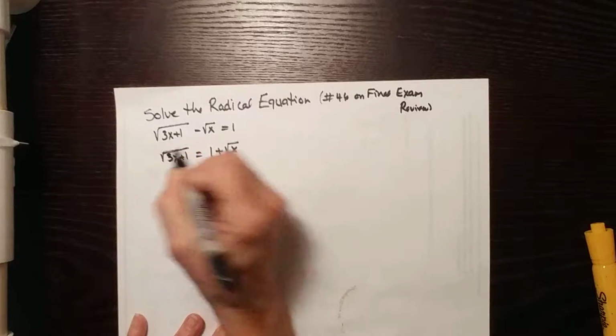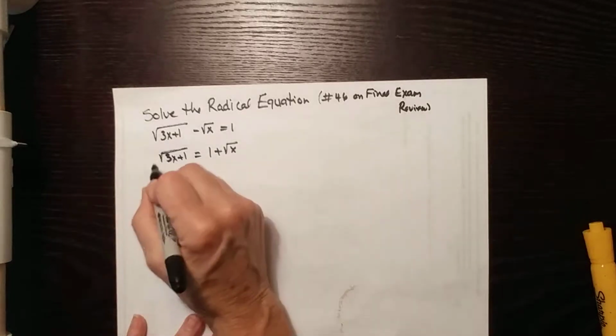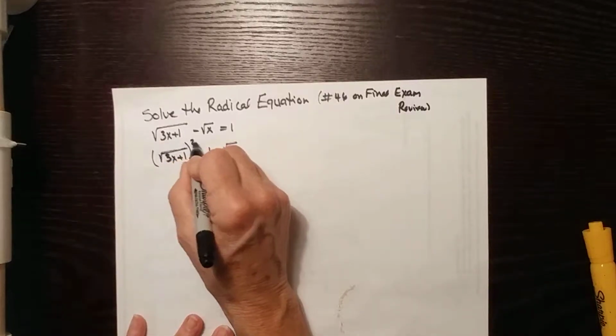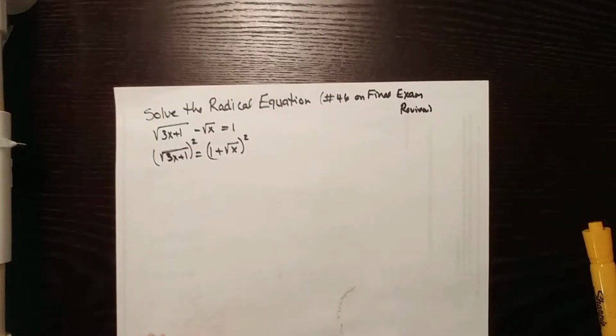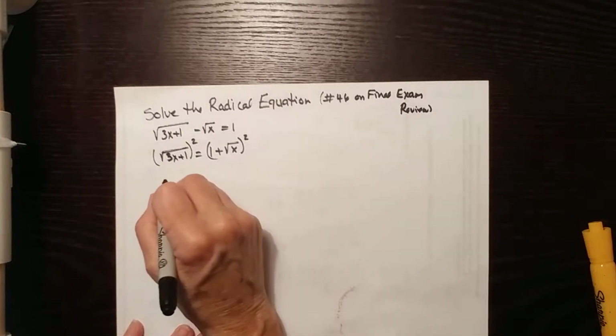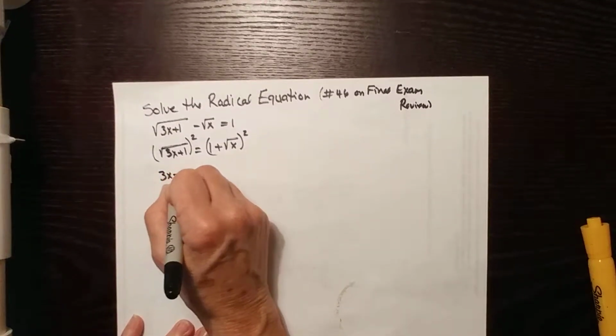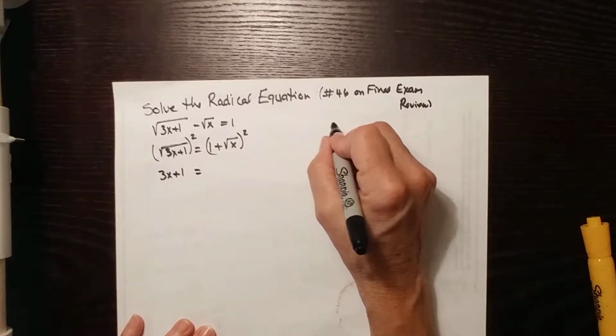Okay. Now you raise both sides by the power of the index. When I look at the index, I don't see anything, and that means that it's 2, because under a square root the 2 is understood to be the index. So when you square both sides, the square root of something squared is just the something. What comes out over here is 3x plus 1. Over on the right, if we square 1 plus the square root of x,